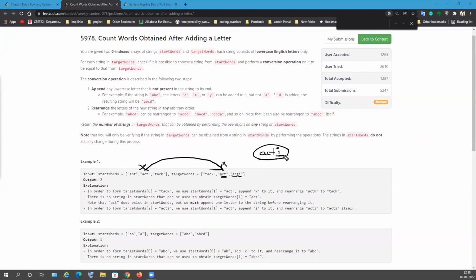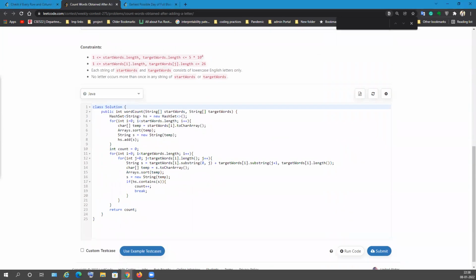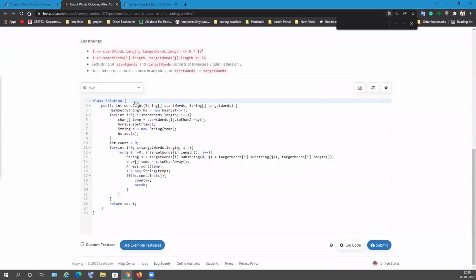So what I did, I will explain using my solution. That will help. Okay, I will go to my solution. So what I did, I created a hash set. First I implemented a for loop over the start words and sorted every word.